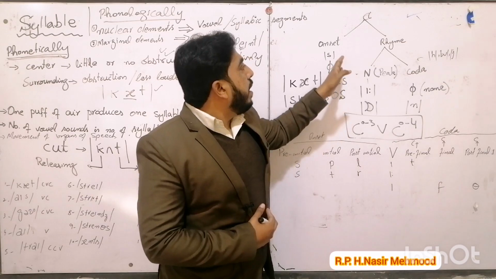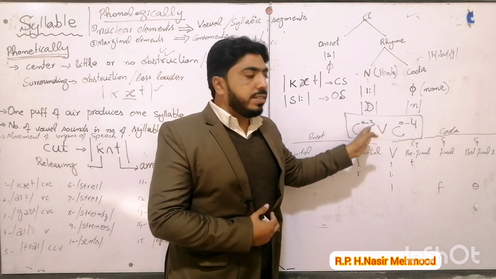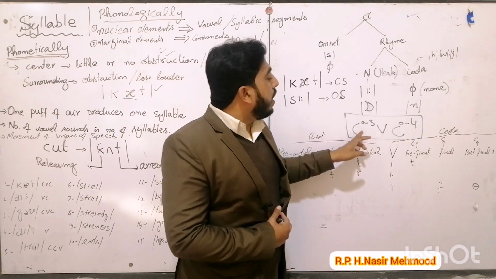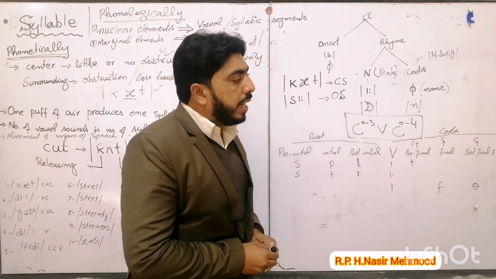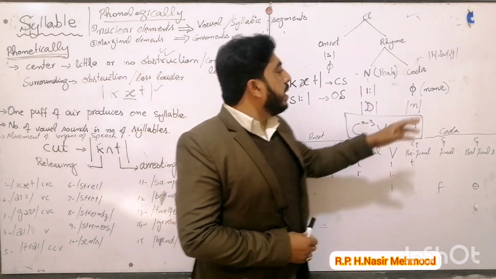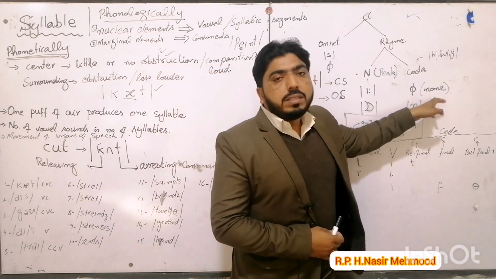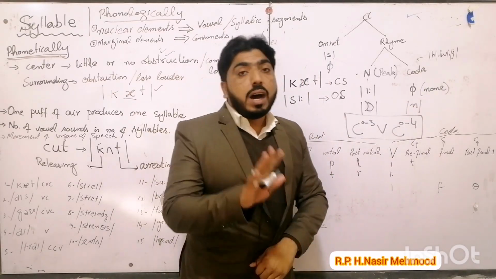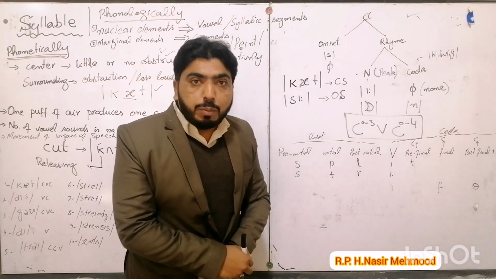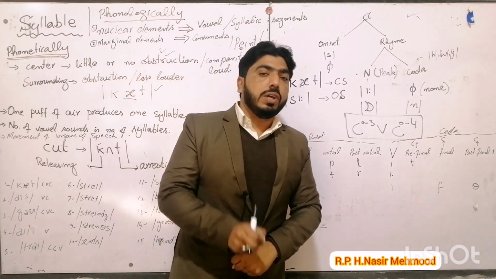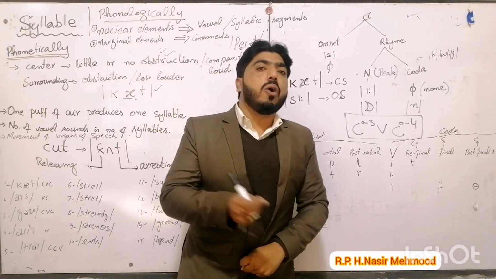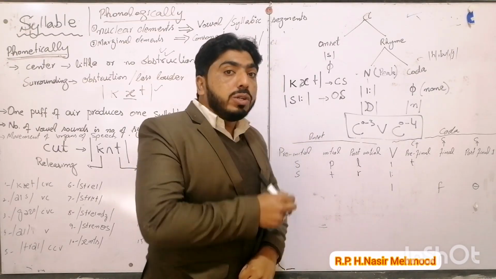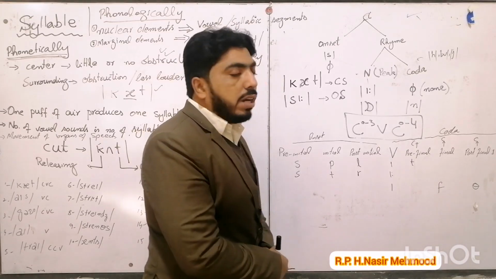If the syllable starts with a vowel sound, it means that there is no onset, and if there is no onset, we can symbolize it with this symbol, null onset or null coda, because coda and onset are optional parts. These are not obligatory parts. A syllable can exist without coda and onset, but a syllable can't exist without the nuclear element,